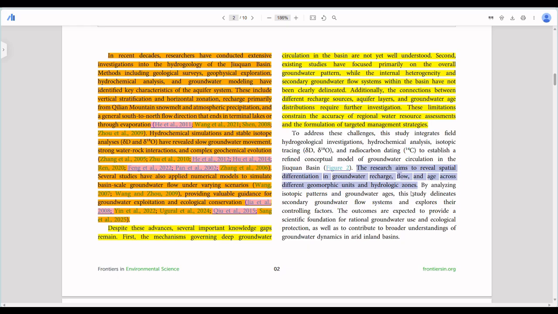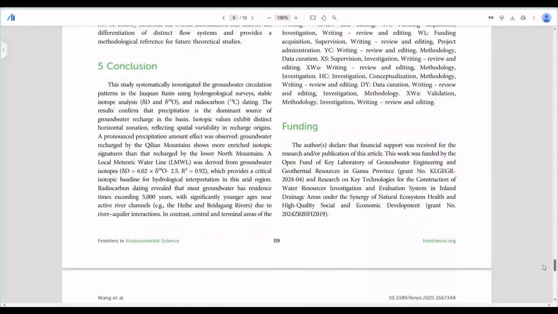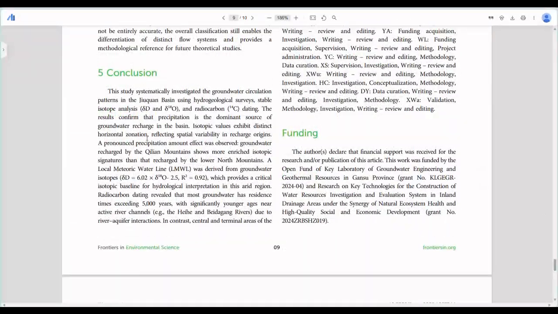We have seen that. Let's go to the conclusion, if it has anything to say or if it corresponds to this. Let's go to the discussion section. The discussion says, the study systematically investigated the groundwater circulation pattern in the Juiquan Basin using hydrological surveys and so on.